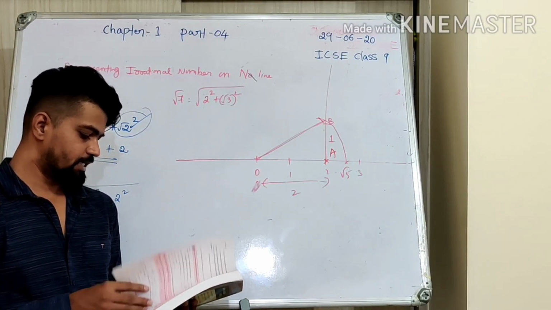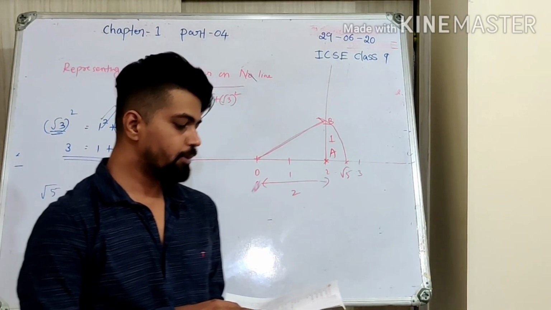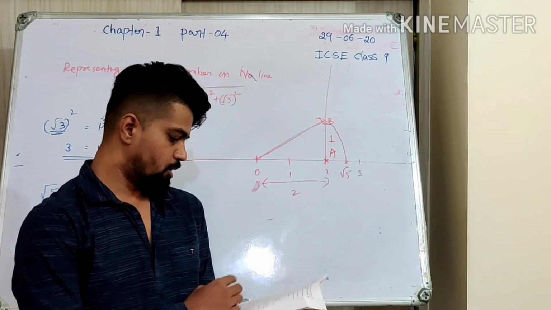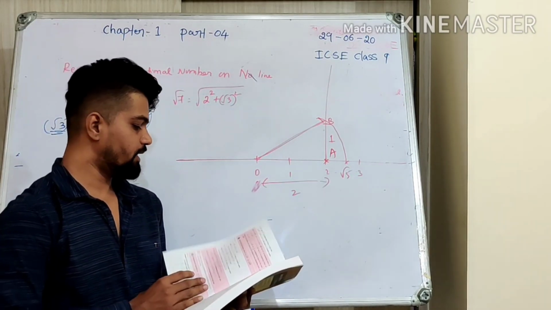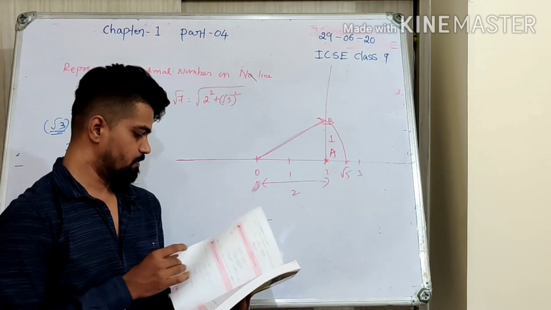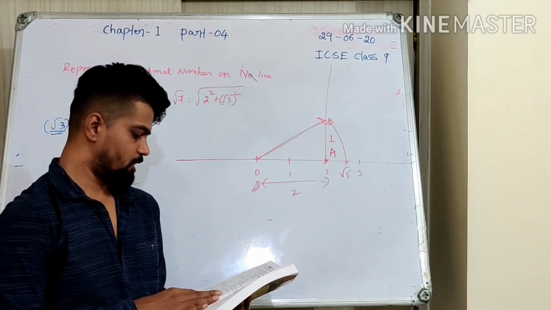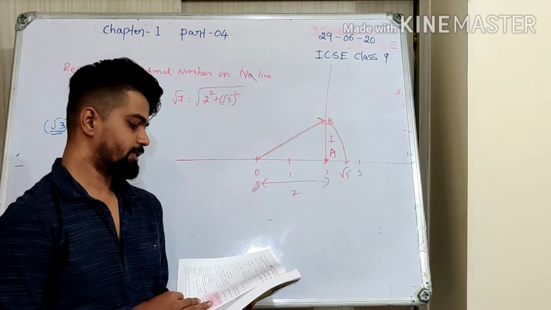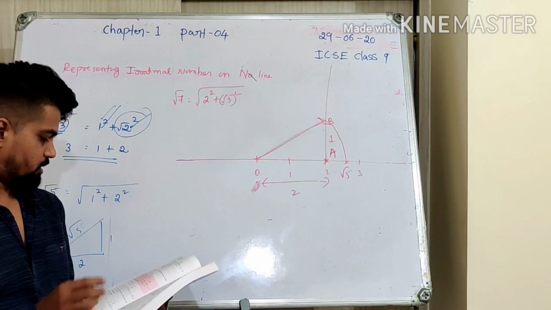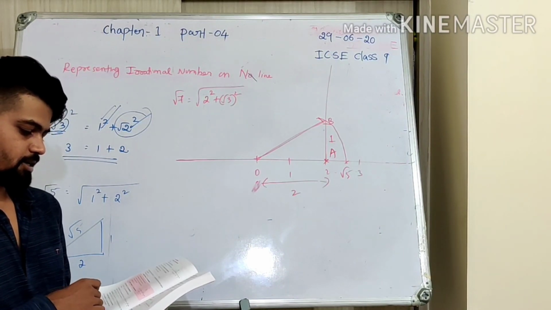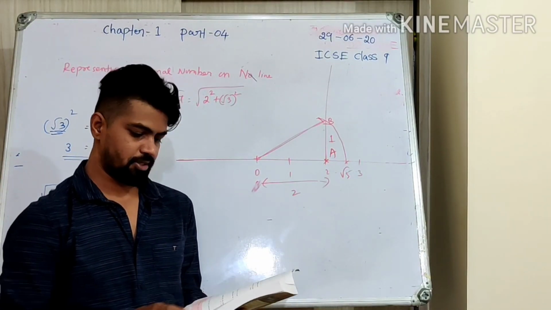That will be in the next class, and we'll be entering the second exercise in this chapter, that is 1B. I'll be trying to finish almost all the difficult questions, and I'll be leaving easy questions for you as an assignment. Then finally we'll be looking at search. That will be the last part of this class. Just keep following up and do the assignments which I give you. I have given assignments today, right? Exercise 1A, you'll be solving it. Also, try to plot root 5, root 7 and other numbers on the number line. We'll be solving some examples in the next class representing these combinations of numbers.